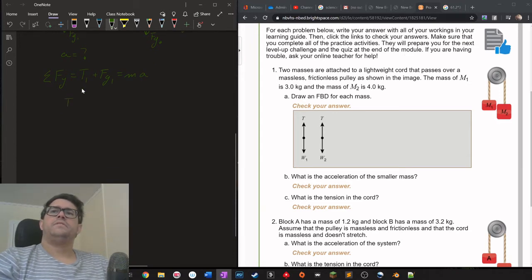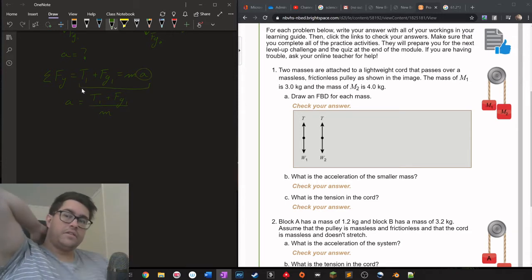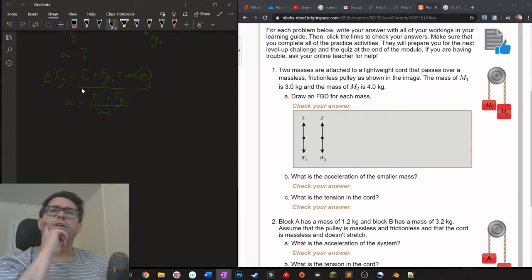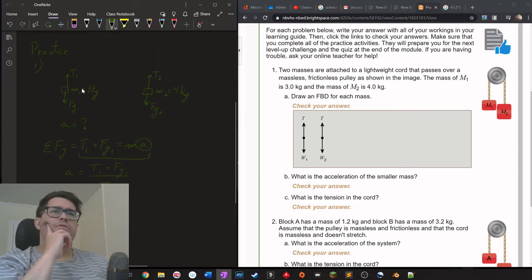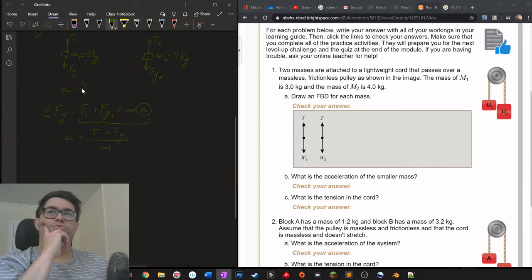In this case, T1 is not what we're looking for. We're looking for the acceleration, which will be T1 plus Fg1 divided by the mass. So all I did was say, okay, I want to isolate this because this is the question. And so I've made my formula. I don't have T1, but I have Fg1. And can we assume that the tension T1